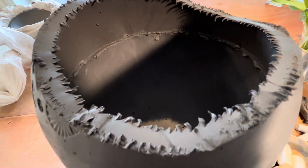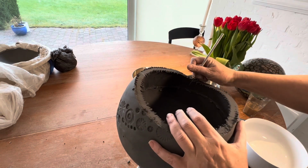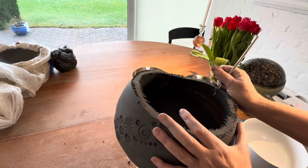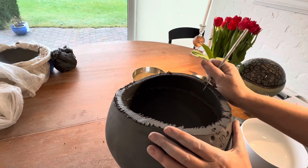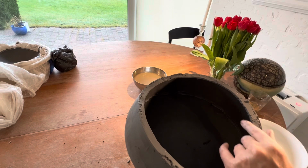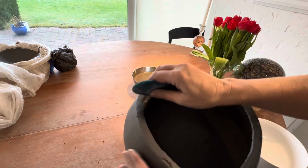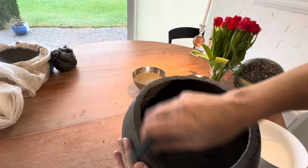And like you can see, the rims are quite messy right now. So I will start to even them out, first taking some of the excessive clay off the sides, holding my stick a little bit in 45 degrees, so I round it a little bit. Again using a wet sponge and my tools to clean out the rims. I will be working on that until I am satisfied with my rim, and I think it's really just a